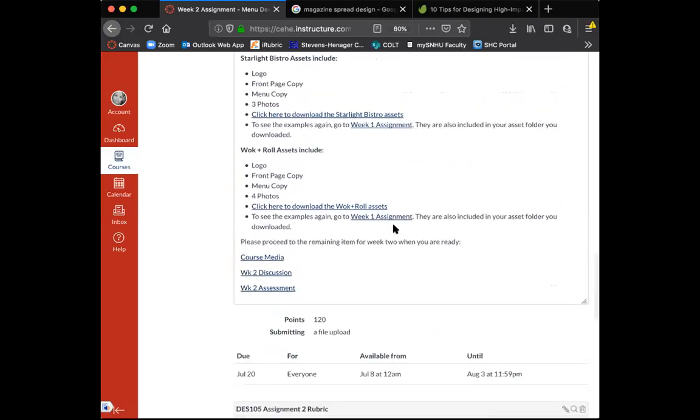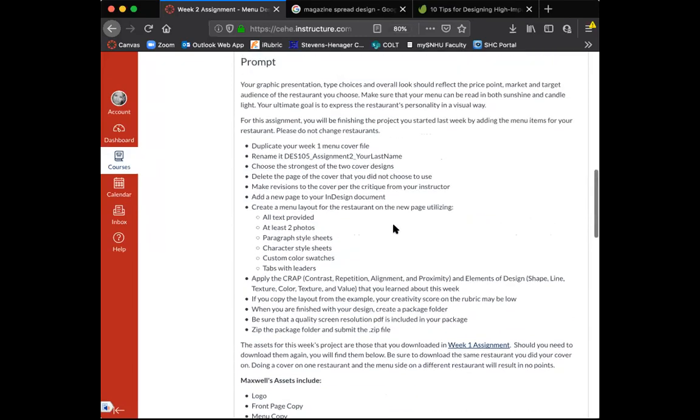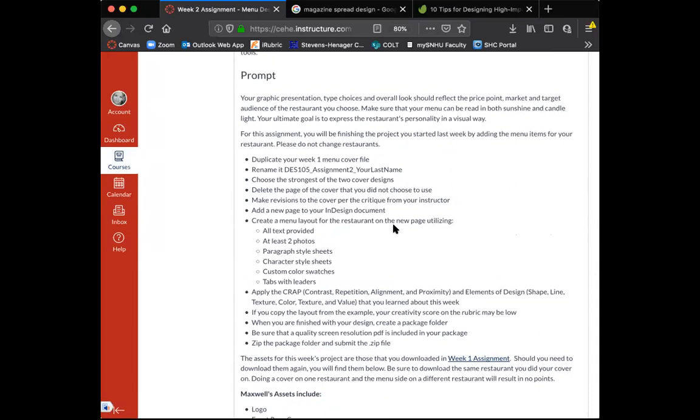This is worth 120 points. What we're looking at is consistency and ease of reading. You're organizing a lot of information on your menu. You want to make sure that the front looks like the inside. I don't want to be looking at menus, flipping to the next page and going, well, this looks like a completely different restaurant. So you want to keep a consistency, a unified look and theme for your menu on the inside as well. Any questions so far?